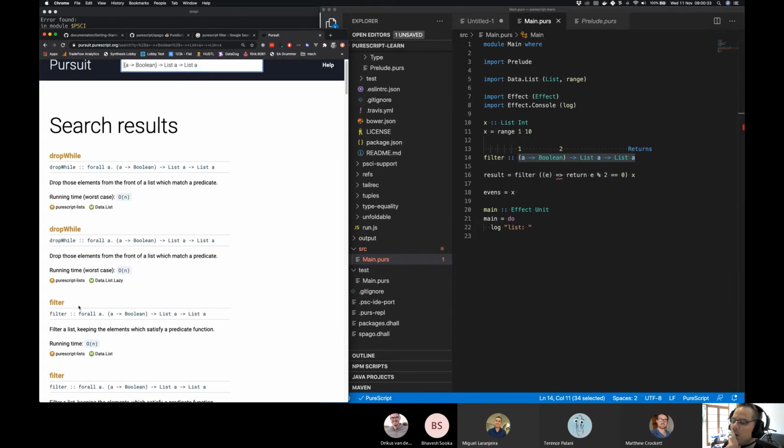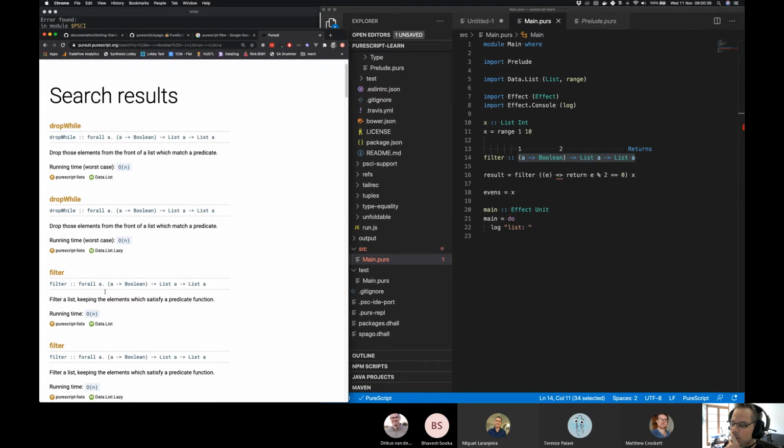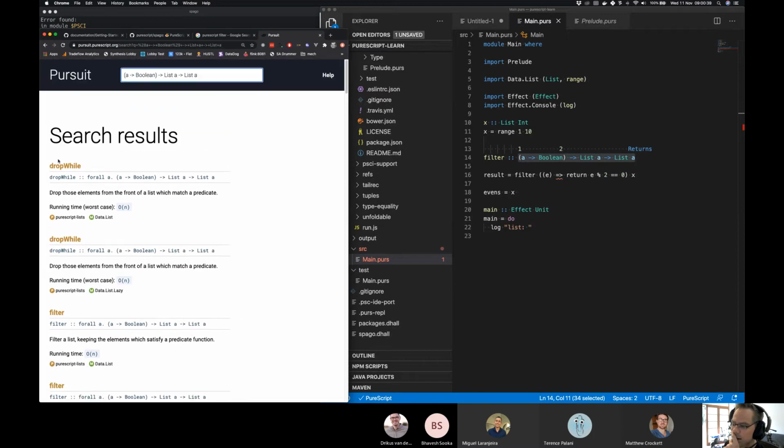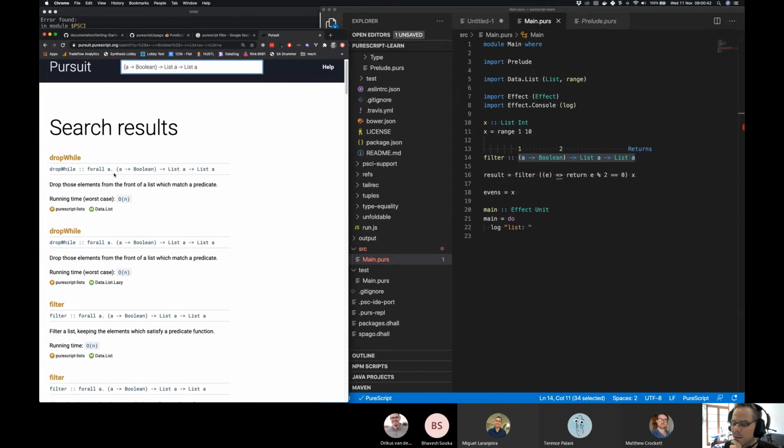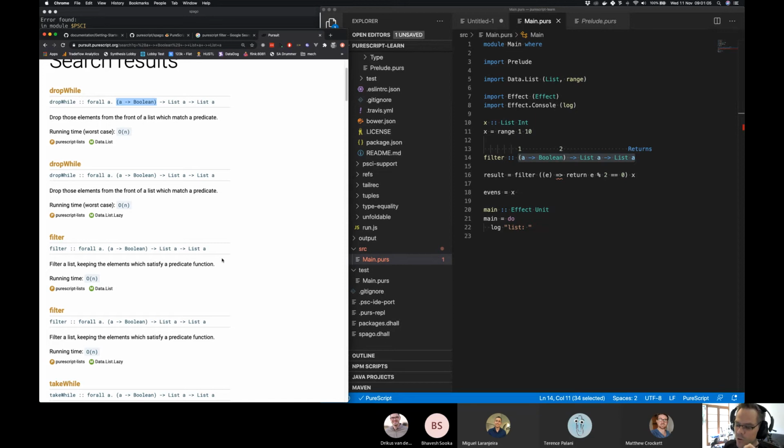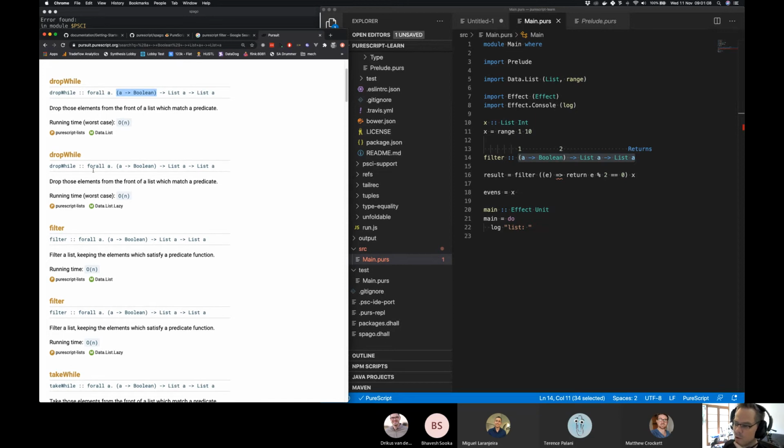And you can even see that there are other things that match the signature. So yes, filter for sure, but also dropWhile. And dropWhile has a very similar signature to filter, but it behaves slightly differently. So this is like keep dropping while this thing is true, and then as soon as that's false, everything else would not be dropped, right? Does that make sense? So it's kind of like a filter which only switches from true to false once. Does that make sense? So dropWhile, list. Looks like they maybe, oh, look, there's a data.list, data.list.lazy.